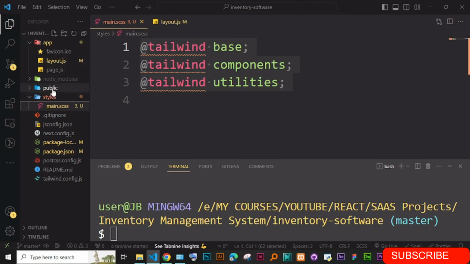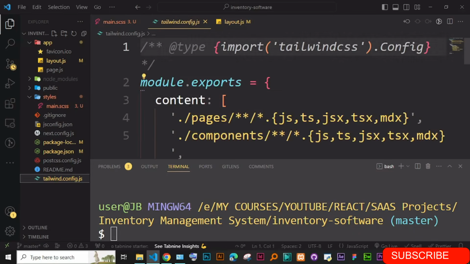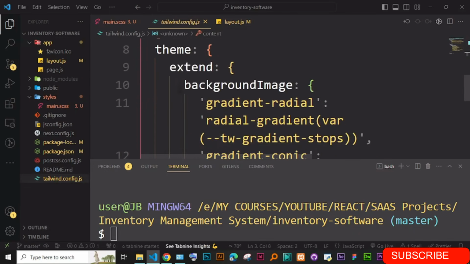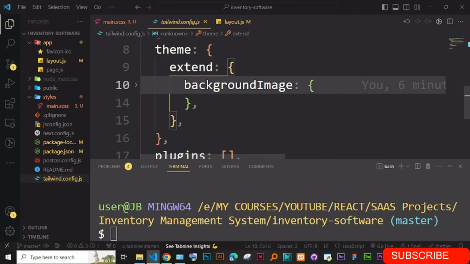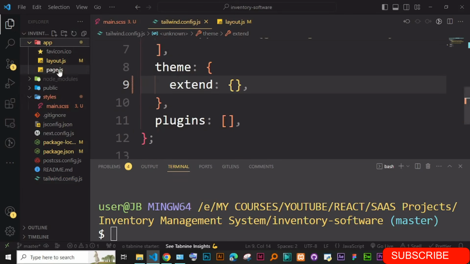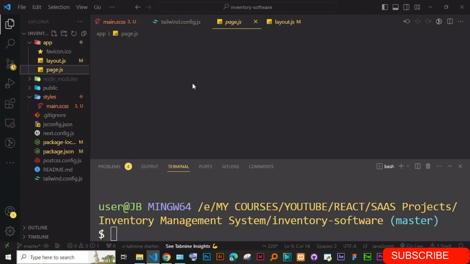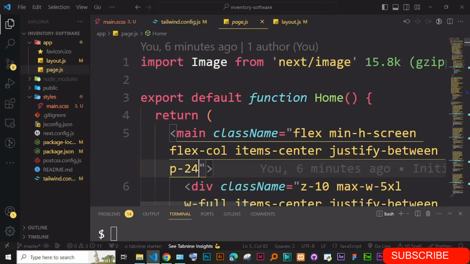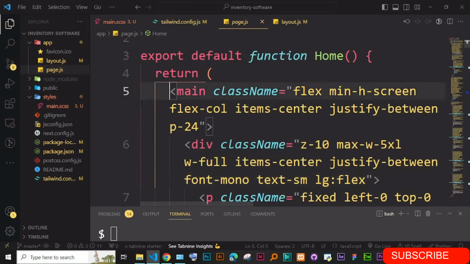Then we have this page, and then another thing we normally do is you can go to the Tailwind config. The Next.js, they normally add in the background image, so you can just go ahead and also remove this background image. Okay, so now we have our app. So go in the page, and in the page here, I'm just going to remove also this one,